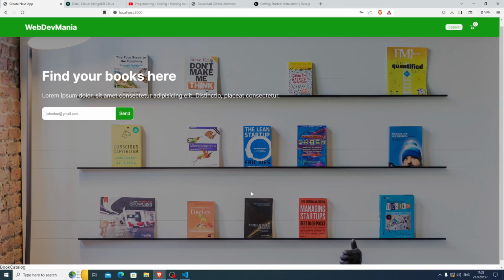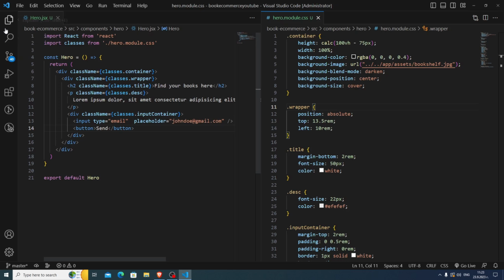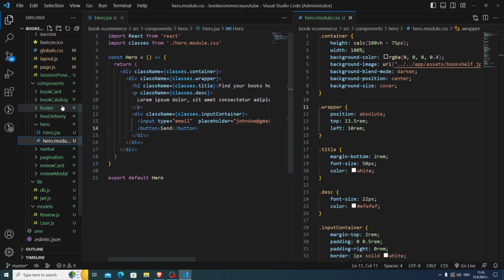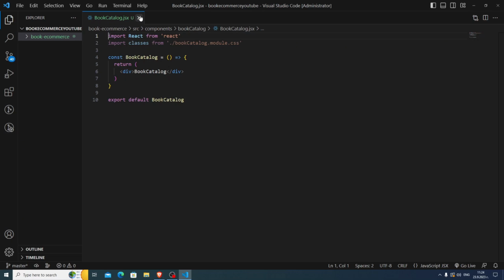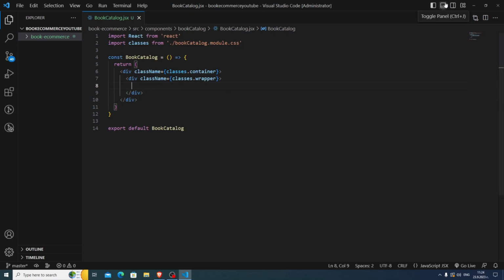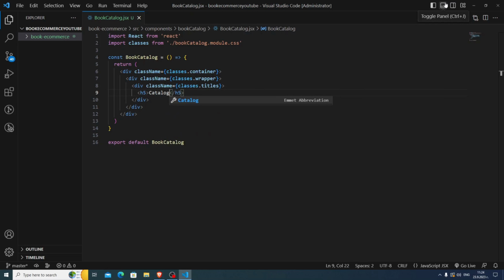Okay, so let's go here and let's start with the book catalog. So here where it is the book catalog, let me just close it like that. And right now we are going to start here with the book catalog. It's going to be quite complex. So first I'm going to start with the CSS, and here className is going to be classes.container, then classes.wrapper, and then classes.titles. Here we're going to have the h5 of catalog of books, then h2 is going to